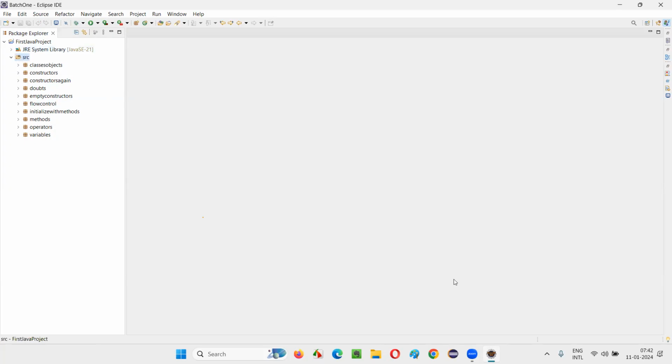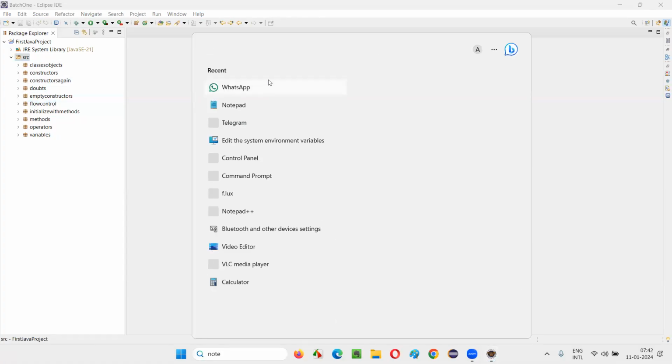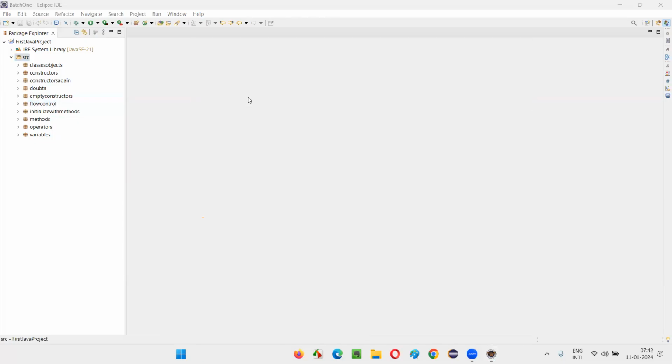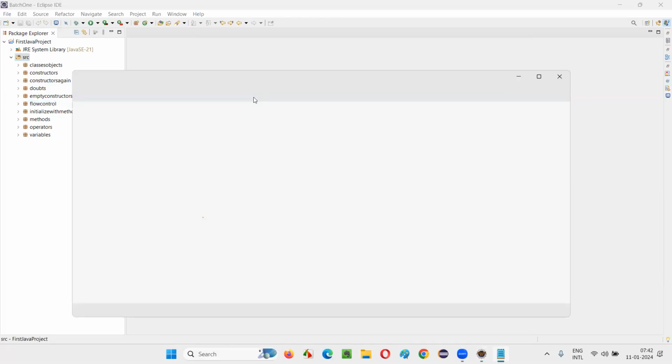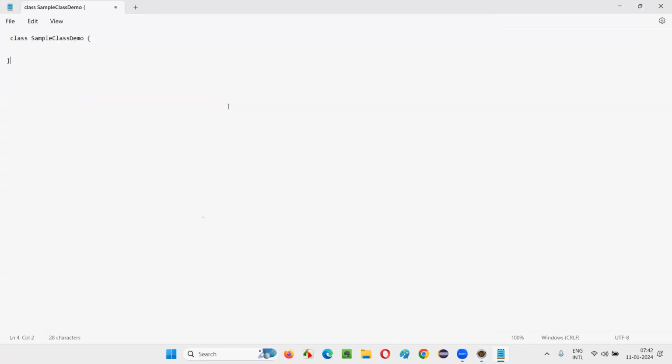Arun, sometimes you write sys out, and what is the shortcut for getting sys out, the whole thing? Okay, I'll tell you. Control space. So here, like this, you have to write syso, then press Ctrl plus space keys.